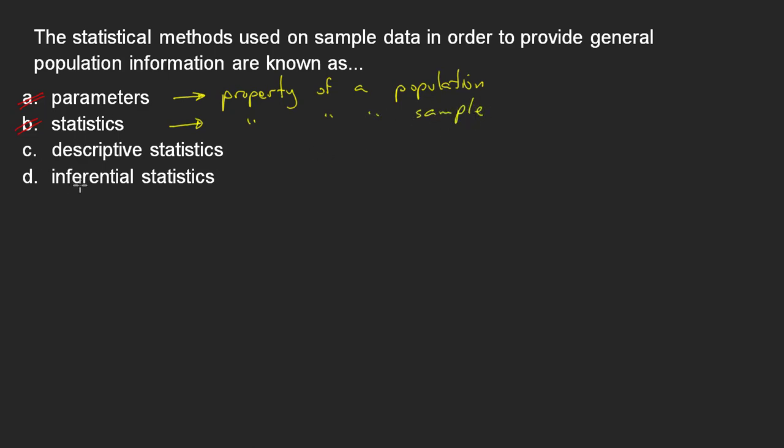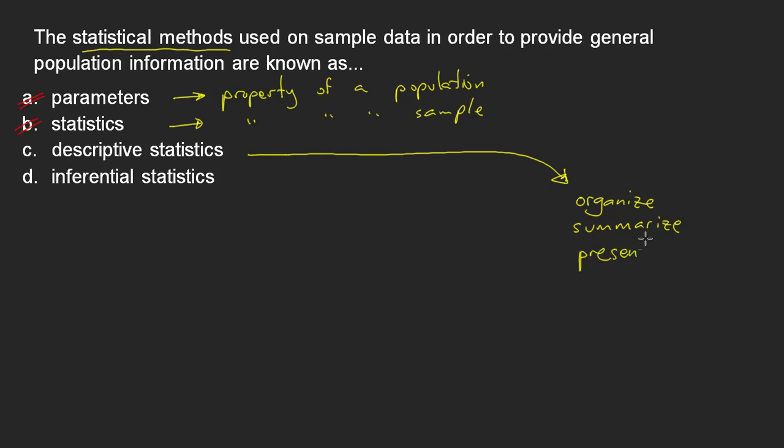But the bottom two here describe statistical methods. Descriptive statistics and inferential statistics basically are the two halves of your course. For the first half of the chapters you'll be working through, you'll be looking at descriptive statistics. And then in the later chapters in the textbook, you'll be looking at inferential statistics. Descriptive statistics do the following. They organize, or you could say that they summarize, or they work on presenting